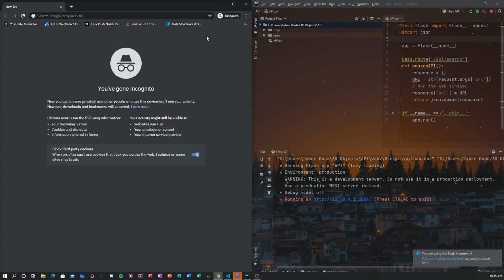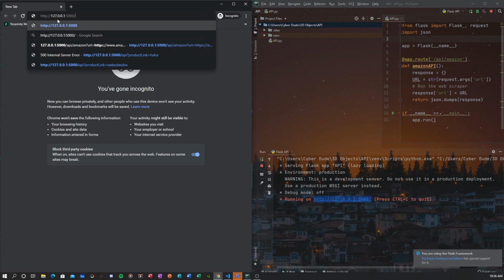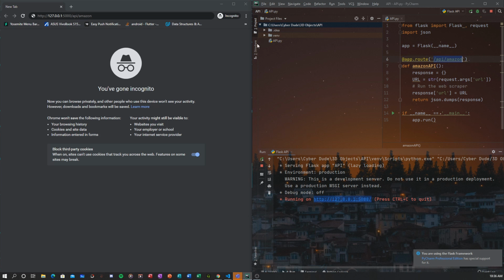So now what we can do is put in a request. Just copy this URL which you have here. After you paste this in, I want you to type API/Amazon, which is the same route which we defined here.